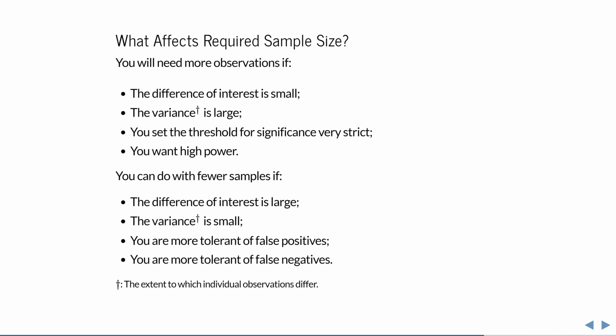Note, however, that while the relationship between these variables is exact, the numbers you plug in are often more of a best guess. How large the difference between groups is usually not something you know. That's why we're designing a study to find out. Nor do we know the extent to which individual observations differ from one another. You can search literature on your subject to see if you can find what other scientists saw for these values, and this is a great starting point. But keep in mind that these too are just estimates from samples.